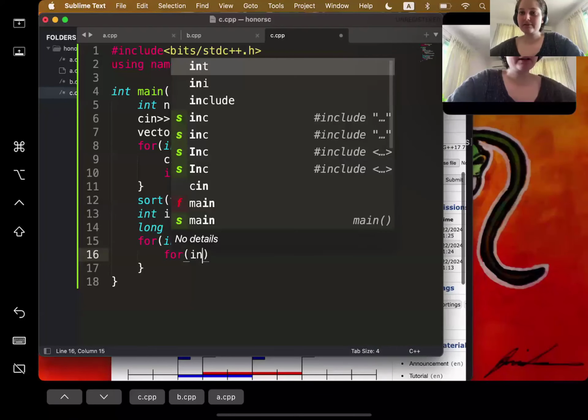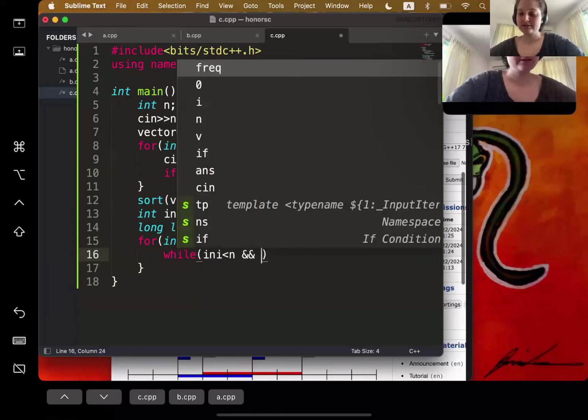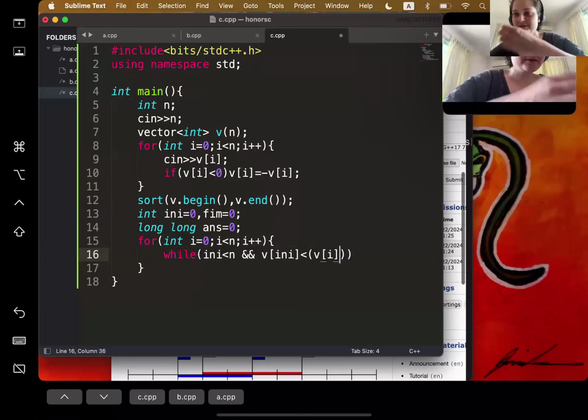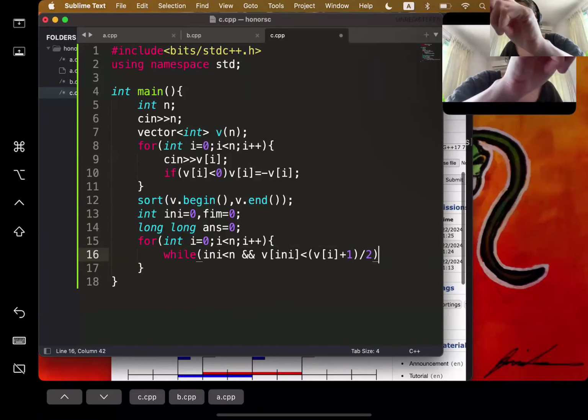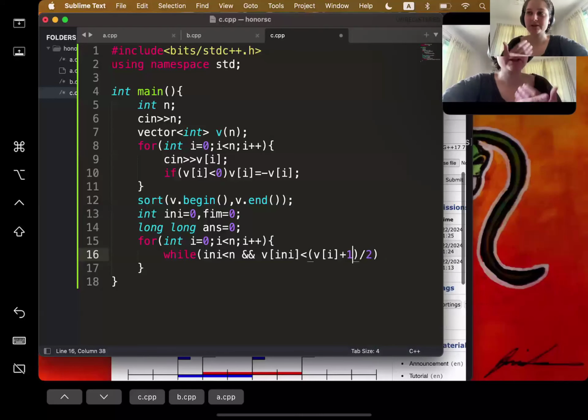So while my first arrow is not at the end of the array and the value that I'm looking at is less than, well, here I'm just taking this so that when it's odd, it doesn't do weird stuff. So this is like 5. If I'm doing 5, I don't want it to go to 2. I want it to go to 3, because this is the first number that's acceptable. So this is just a little hack to get the ceiling instead of the floor when I do